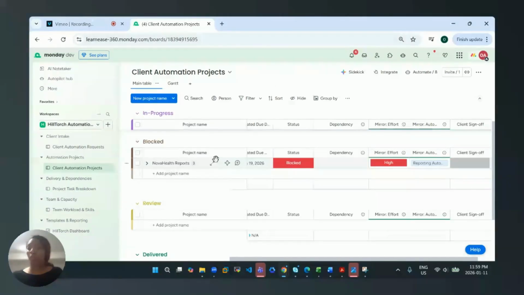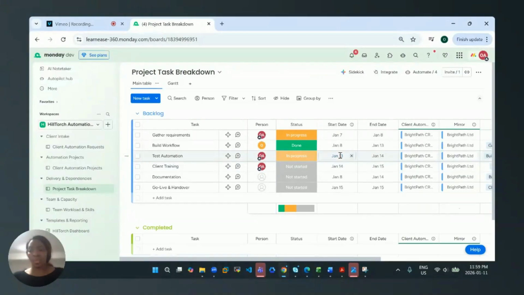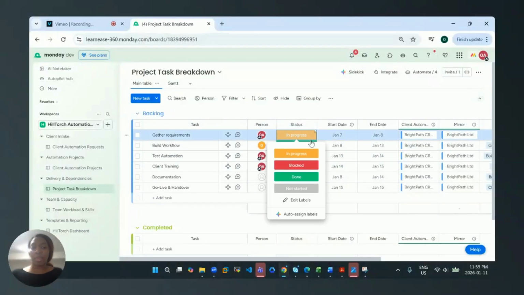Moving on from the project view to the task breakdown. Each project is further broken down into clear tasks and dependencies. And automation will handle the routine work involved, whether you're doing status changes, you want to send reminders, you want to notify a team member, or you want to flag any delay that is happening on this task. I built automations that helped me move along. So, for example, gather requirements, I can change it to done